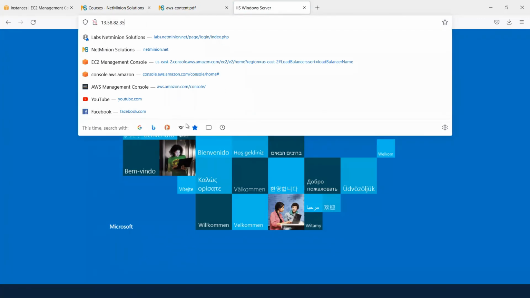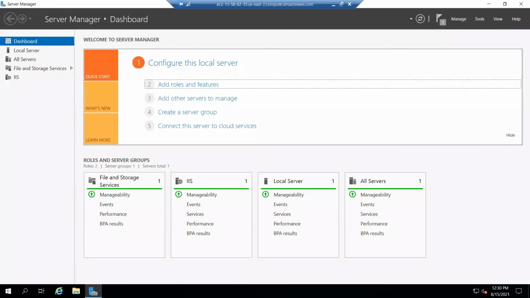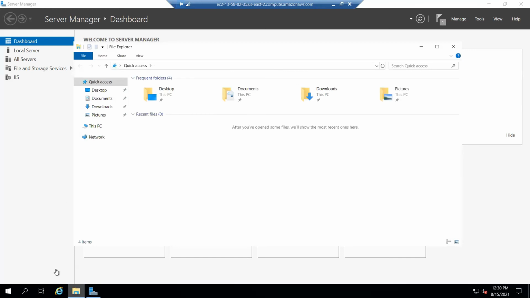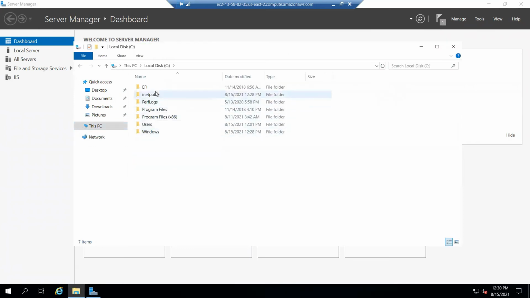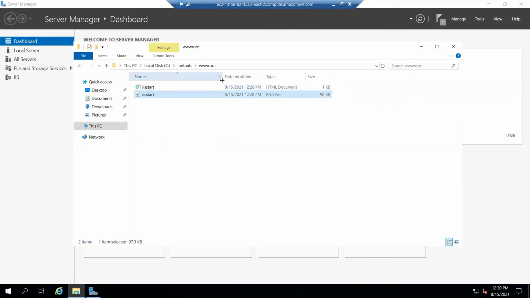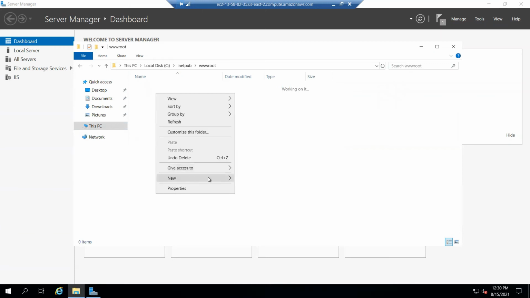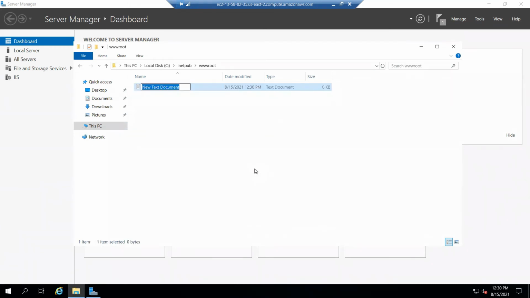If I change this, let me just change this. The IIS directory is on C drive, inetpub wwwroot. I'm just going to delete both files for a moment. Going to create a new file, text document, index.